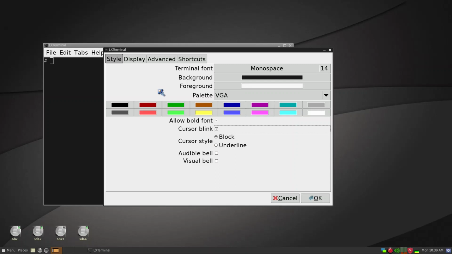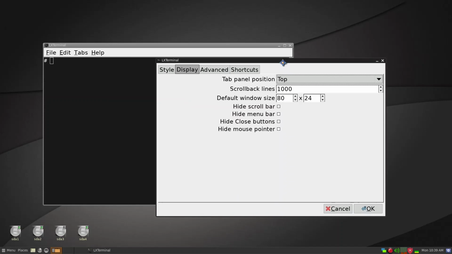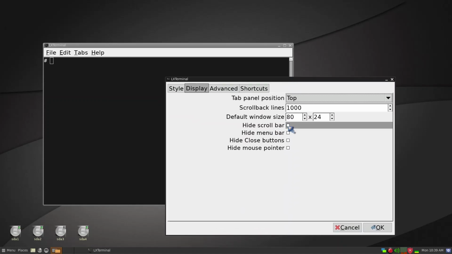Block is fine. Then under display, top position, scroll lines, 1000 is fine. And I like to hide the scroll bar and use the Shift and Page Up and Down keys, and we'll also hide the menu bar here